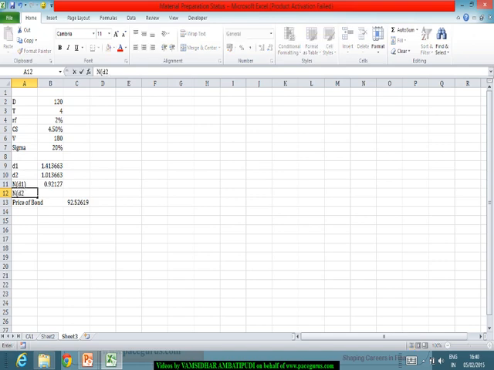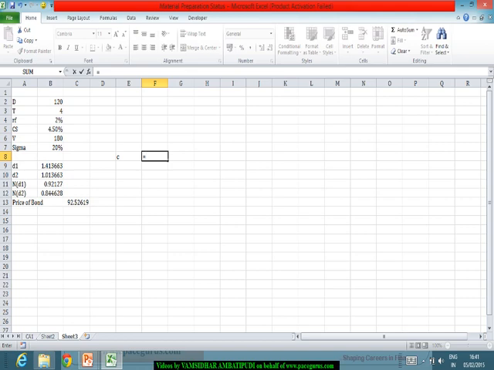N of d2 comes out to NORM.S.DIST with respect to d2, so working out to this particular number. So there is N of d1, N of d2, and from here comes the price of the call option, the worth of the call option here coming out to